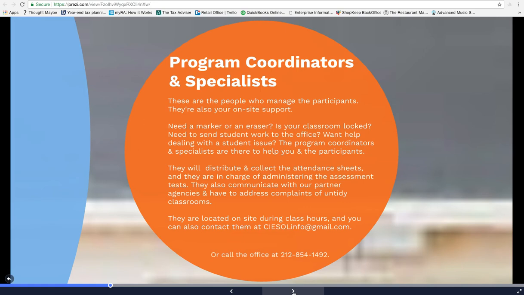Their duties will include distributing and collecting the attendance sheets. They're in charge of administering the assessment test. They also will communicate with our partner agencies. So whenever we have complaints of untidy classrooms, they may come around and remind the students and the teachers that at the end of the class we need to put everything back as we found it. They're located on site during your class hours, but you can also contact them at CI ESOL